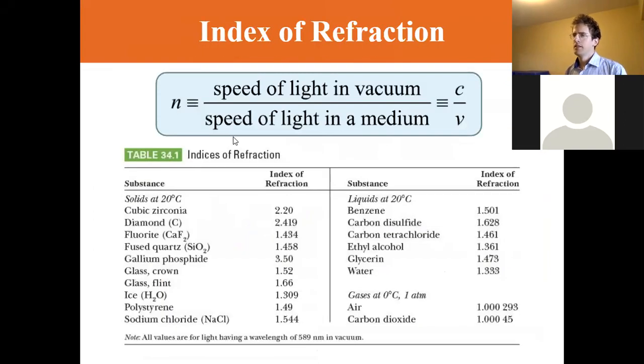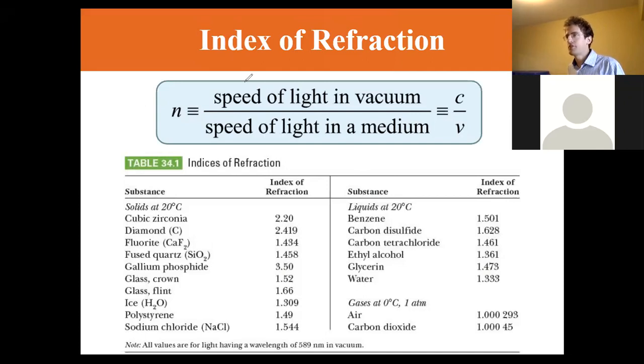Right, so rather than talking about the incident angle and the refracted angle as a ratio of the speeds, opticians would rather talk about the index of refraction, because that lets you basically talk about the speed of light in the medium compared to the speed of light in a vacuum. So that's just how fast light goes in a vacuum over how fast light goes in a medium, which gives you the index of refraction for that medium. In other words, the slower the medium, the higher the index of refraction. There's this inverse proportion you can see here,